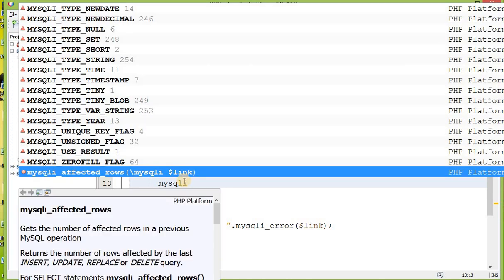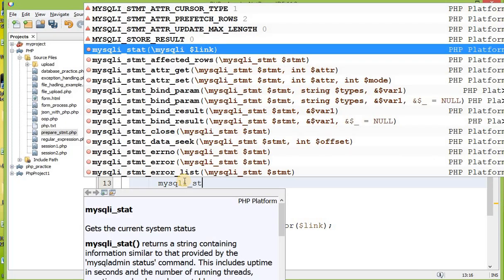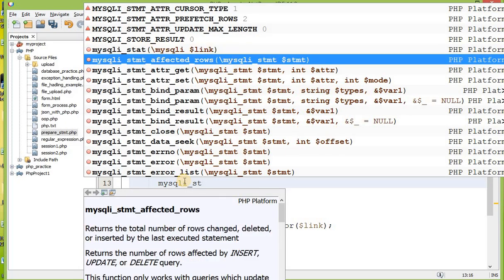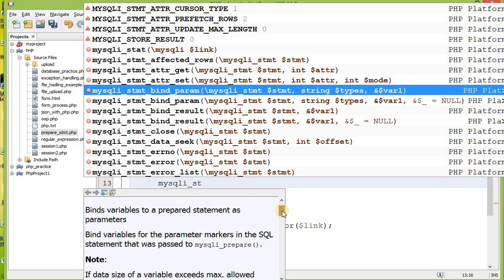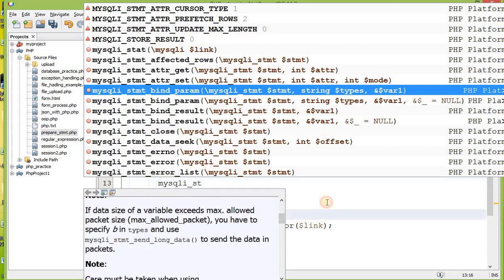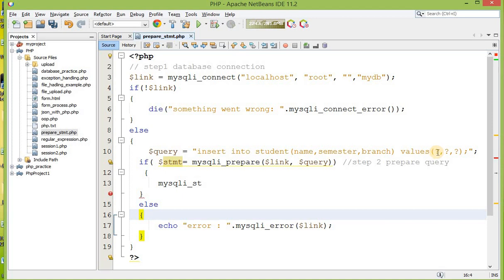So there is one method, mysqli_stmt, for statement, and this method is mysqli_stmt_bind_param. What will this method do? It will bind a variable to a prepared statement as a parameter. Now just note over here, you are not passing any values.